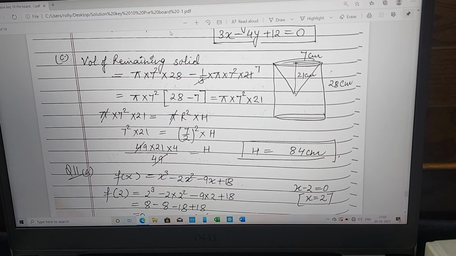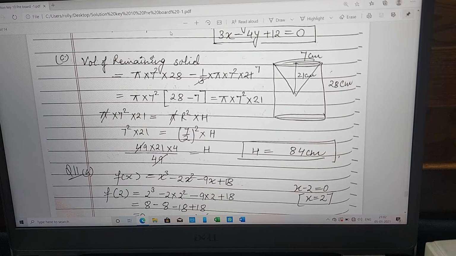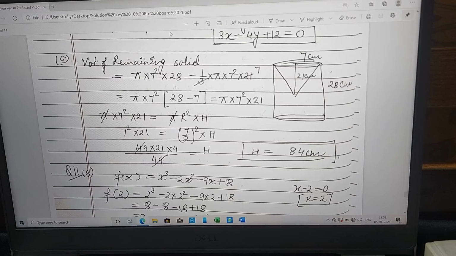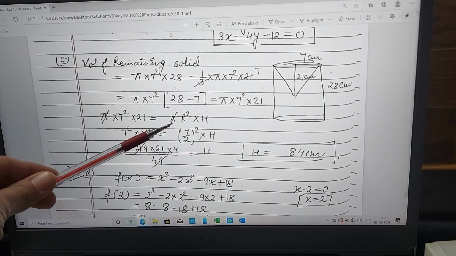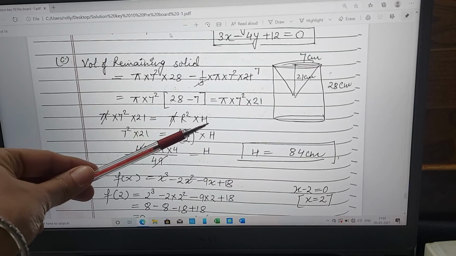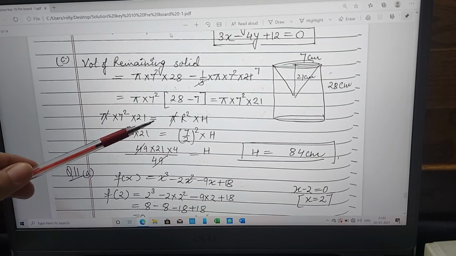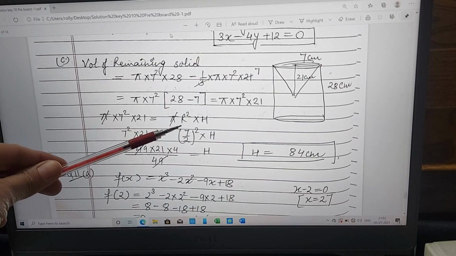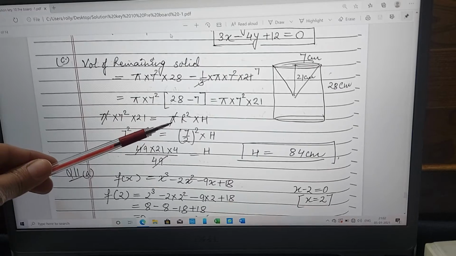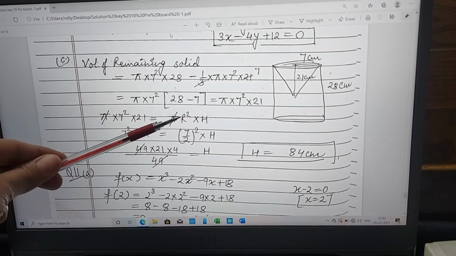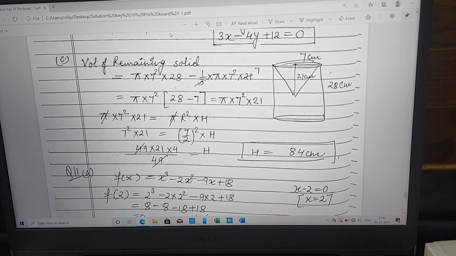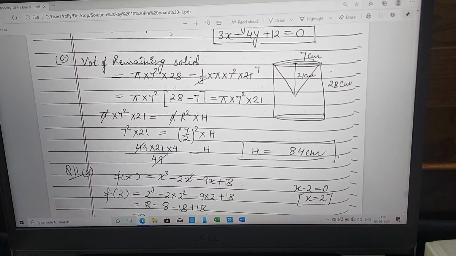It has been recast into a cylinder and we have to find out, the radius of that cylinder is 7 upon 2. Okay. So height has to be calculated. The formula for the new cylinder is pi r square h, and because this will be equal to the remaining part, it has been made from the remaining part. So volume of remaining part is equal to volume of new cylinder. That means pi capital R square into h. Radius of new cylinder is 7 upon 2 and pi will be cancelled. Value of h, the height of the new cylinder, will be 84. Clear?